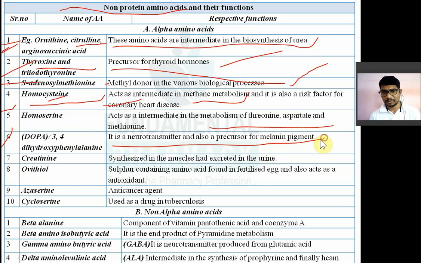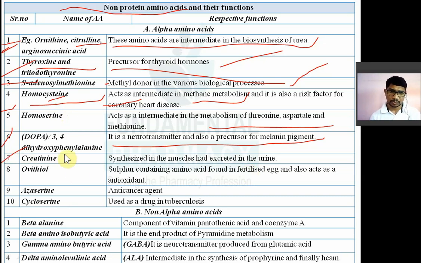Now next one is creatinine. Creatinine is also again a non-protein amino acid, synthesized in the muscle. It is a metabolic product, synthesized in the muscle and excreted in the urine. The next one is ovothiol. Ovothiol is a sulfur containing amino acid found in the fertilized eggs and also acts as an antioxidant. ओवो मतलब क्या, ओवम मतलब क्या, एग। तो ओवोथिओल कहाँ पे मिलेगा आपको, एग्स में मिलेगा, फर्टिलाइज्ड एग्स।